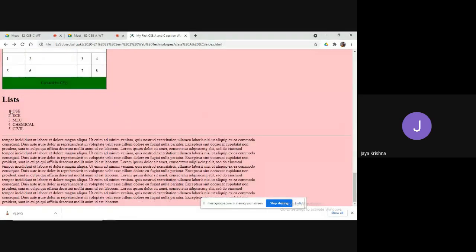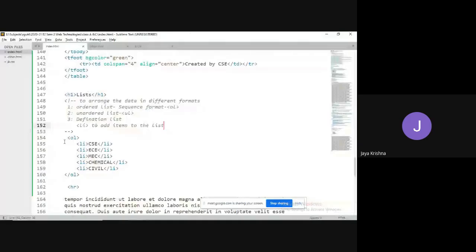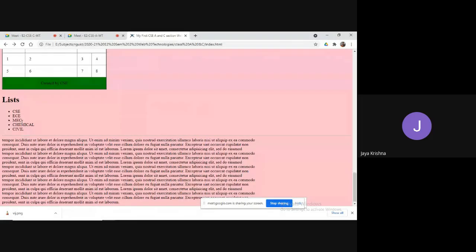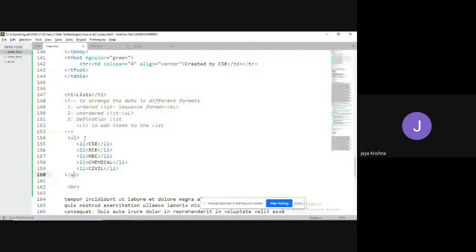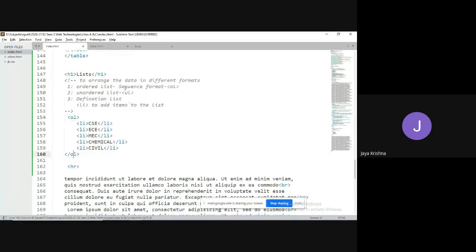For example, if you see the output now, observe 1, 2, 3, 4, 5. So this is the purpose of an ordered list. If I make it an unordered list, you can observe the output with symbols. Okay, let me first complete the ordered list, then I'll go for the unordered list. So to display the data in the form of some kind of sequence, I will go for the OL tag. Okay, fine.